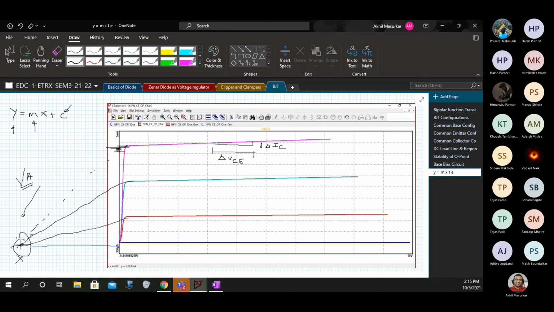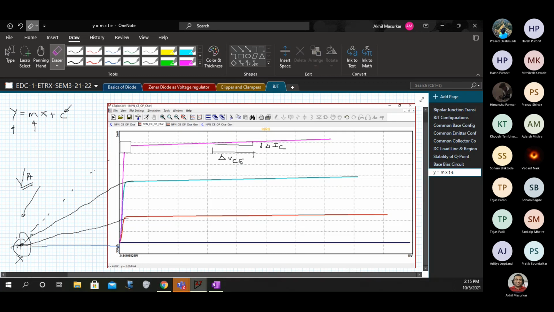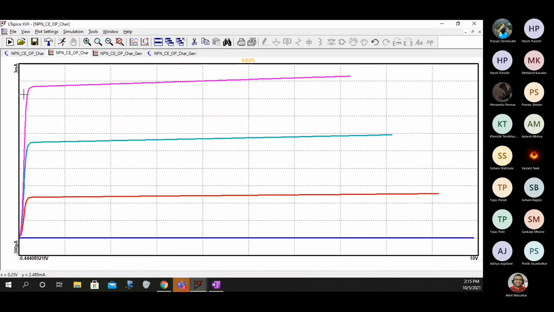So you can find out the value of x by calculating these things. From the characteristics you can do it.